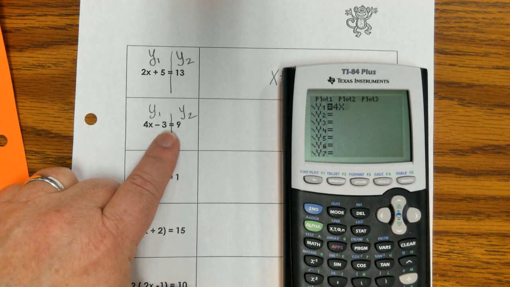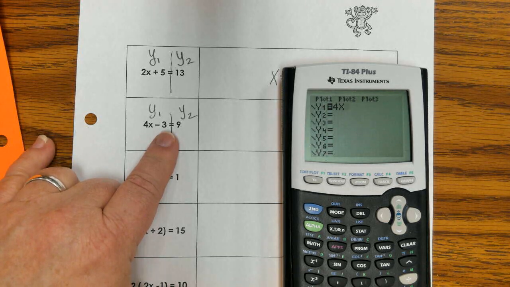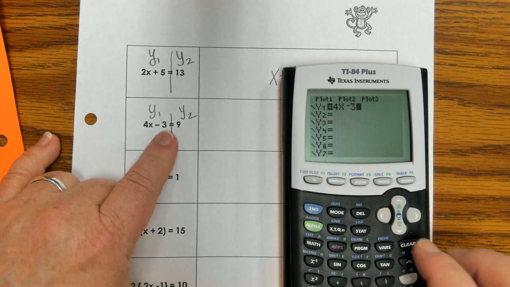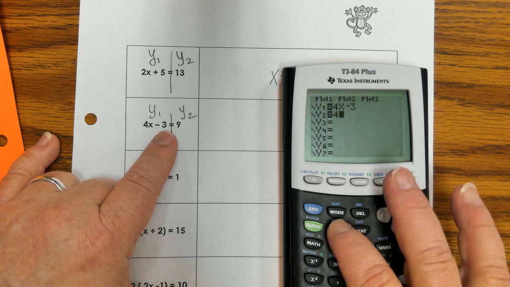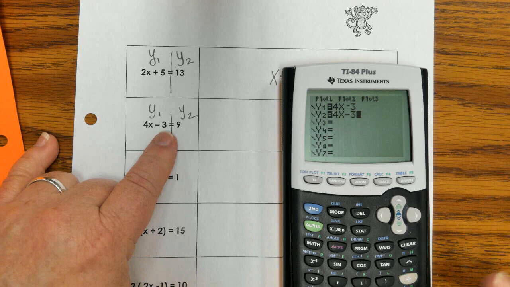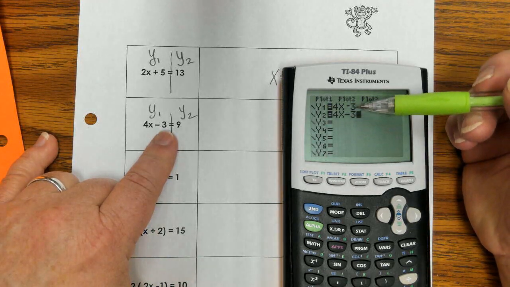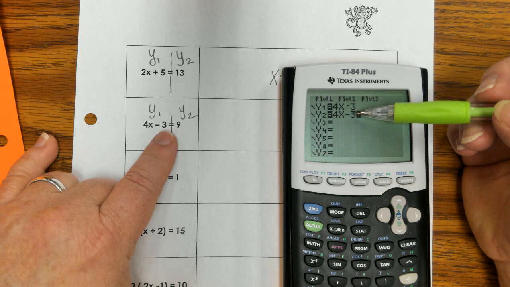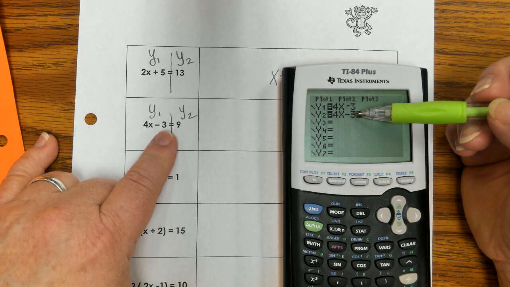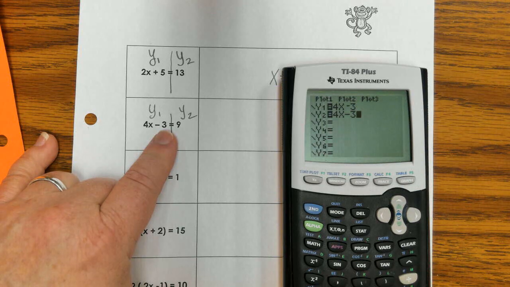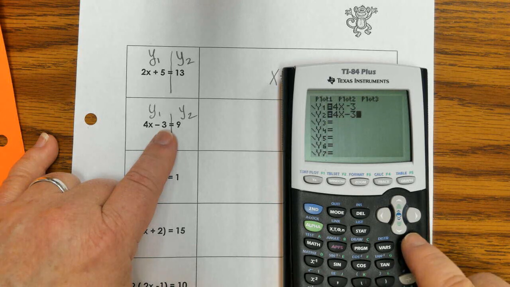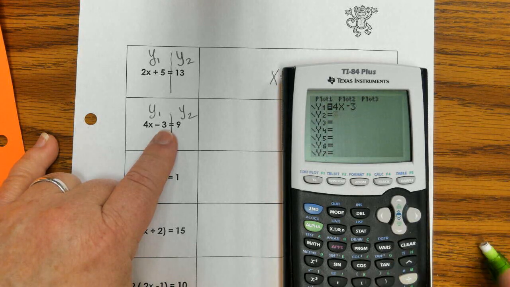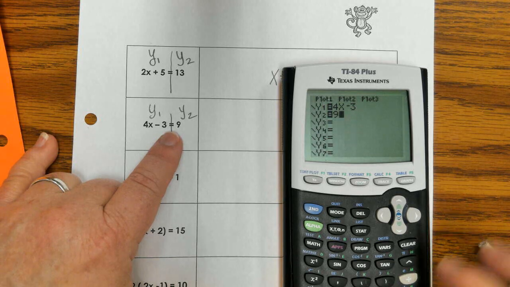4x, but I'm not going to use the subtract key. I'm going to show you what happens if you use the wrong sign. Okay, number one, I'm going to put it in wrong. I'm going to use the negative key. Then I'm going to show you also what it looks like, the difference, okay? So first off, can you see the difference, how the negative key is high and short, and the subtract key is in the middle exactly, and it's longer. So that's one clue to tell you which key you've pushed if you push the wrong one. If you push the wrong one, okay, I'm going to put in 9 here, and then if I press graph,